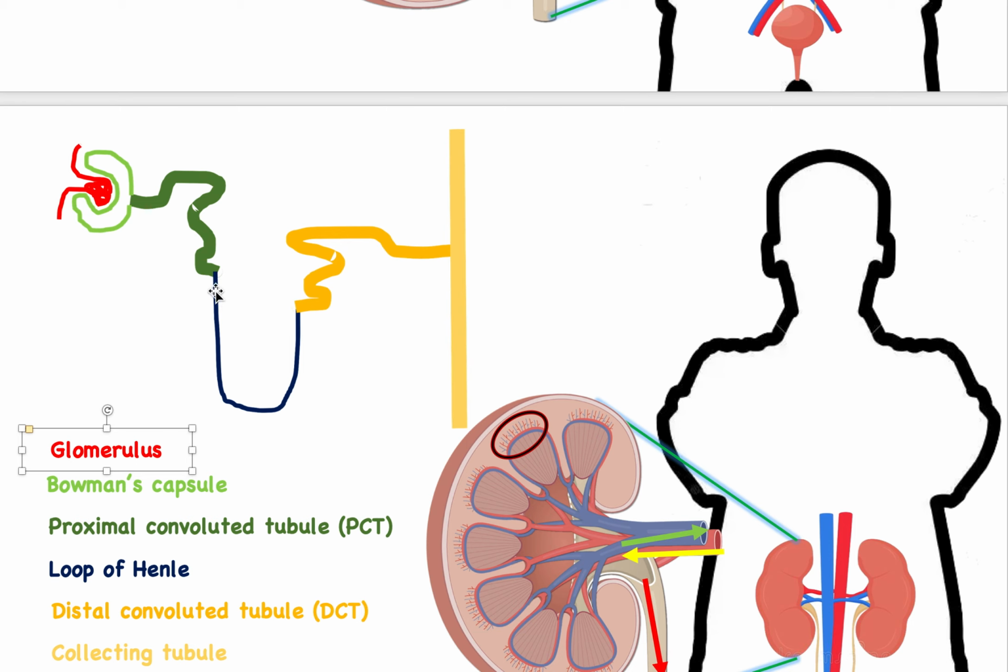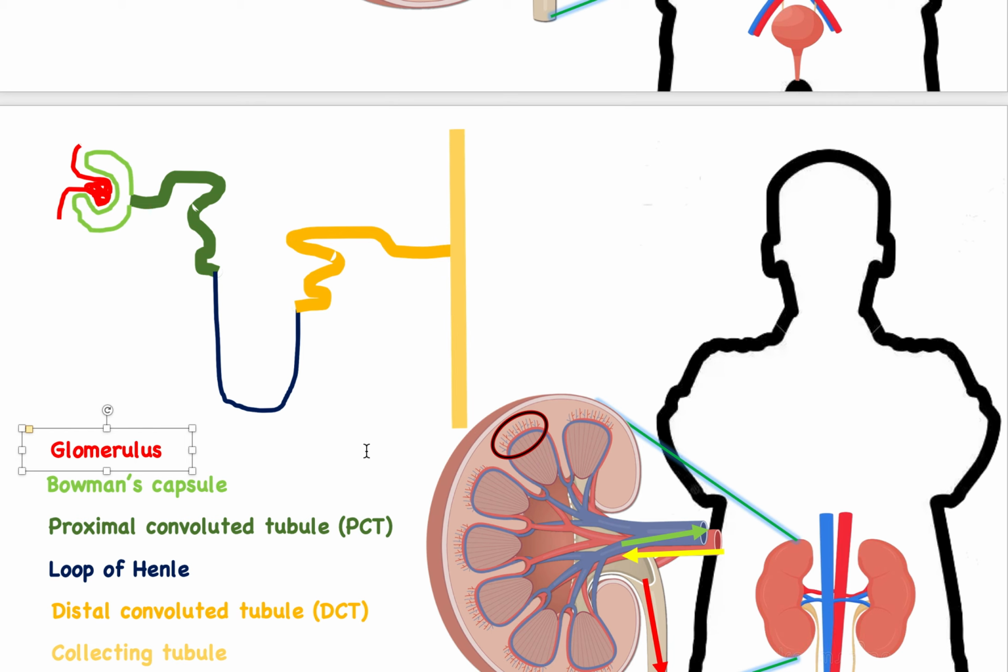Now, then we have the loop of Henle because it's like a little loop. And also, it's called proximal convoluted because convoluted means squiggly. So it's both proximal, it's close, and it's squiggly. Whereas the loop of Henle is just smooth, and it's a loop shape, and it's a bit thinner, okay? And then we get to this one, kind of looking the same as this one, but it's far away, so we call it the distal. Distal means far away. So the distal squiggly or convoluted tube,